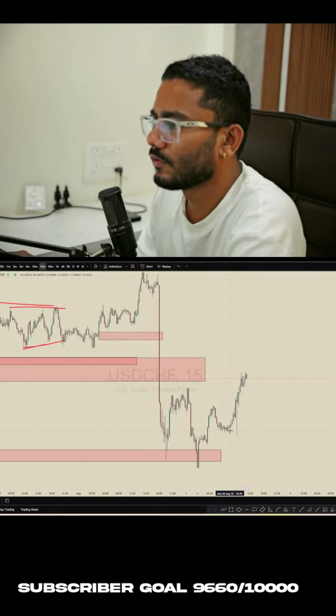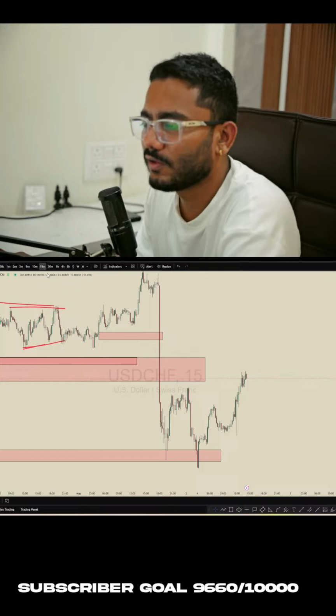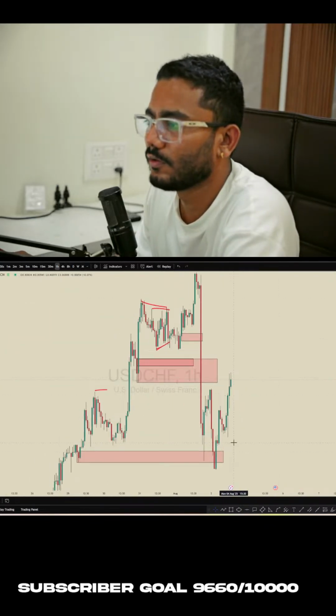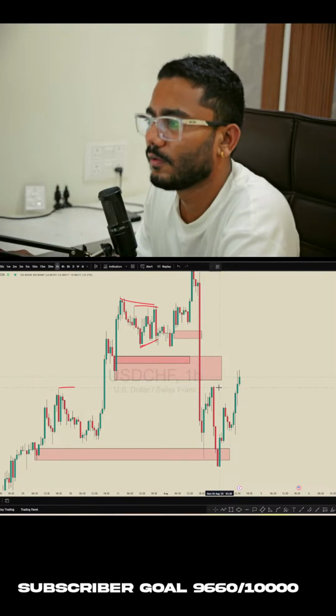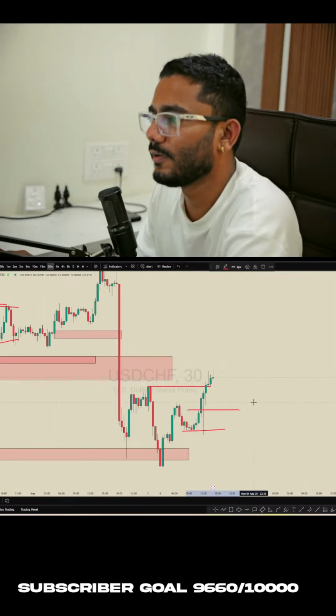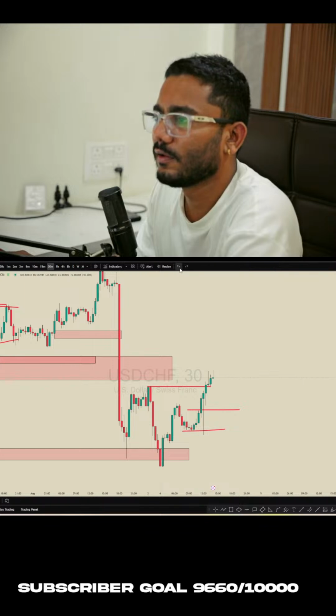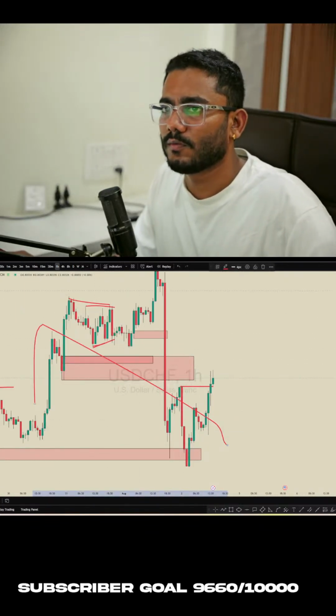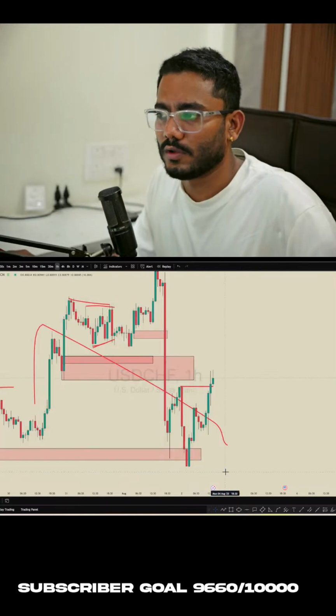CUSD on CHF, also price swept the liquidity here, broke the previous structure, sweeping this liquidity, creating this order block in 30 minutes. Nearly like on higher time frame,